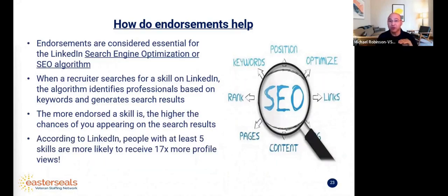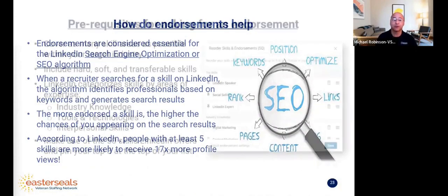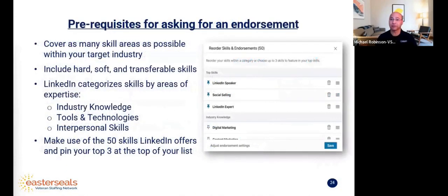Before you start asking people for endorsements, you might want to do some of these things. Firstly, you want to maximize and cover as many skills as possible. So it gives you 50 skills. You want to maximize all 50 of those skills. You want to include hard skills, soft skills, and those transferable skills. And then, of course, understand that LinkedIn categorizes those skills, and they will put them in these categories: industry knowledge,